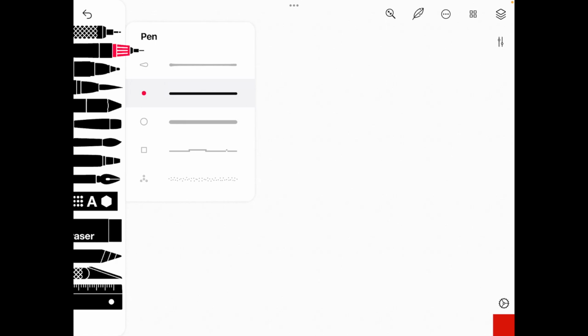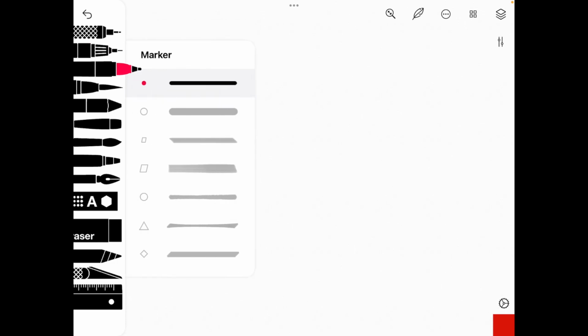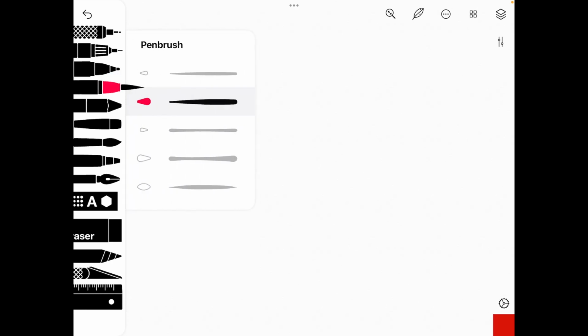So it's giving you different options. Now, if you are in Sketches School, you do not have as many options as this. My marker tool, my pen brush tool,